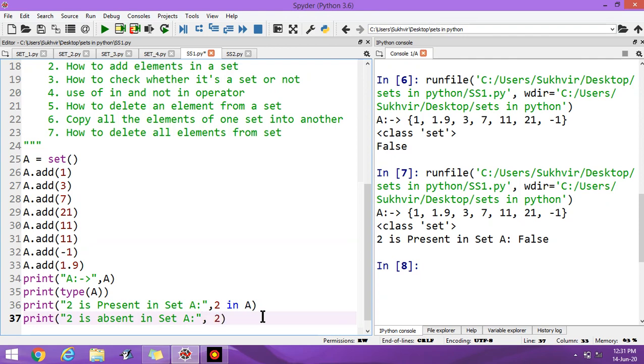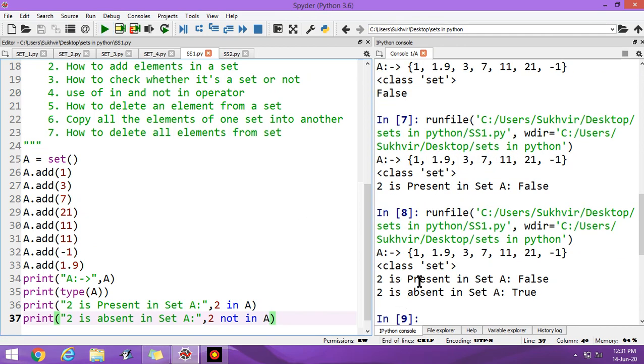Then I can write 2 not in A. Let us execute again. 2 is present in the set, false. 2 is absent in the set, it's true.